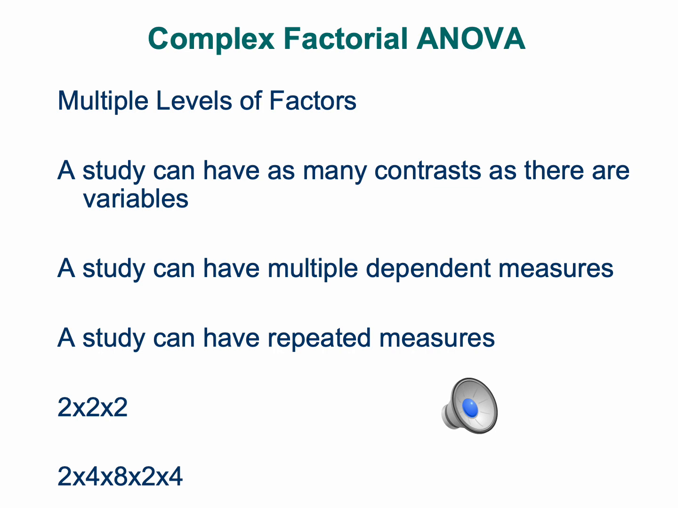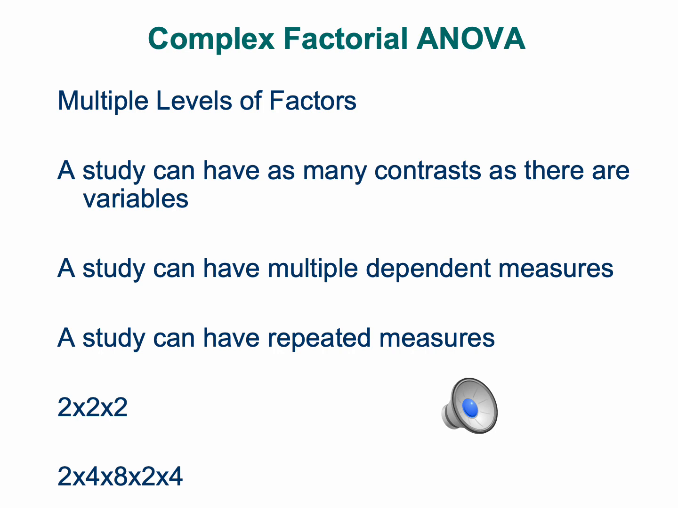One has 2 levels. 2 of them have 2 levels. 2 of them have 4 levels, and one has 8 levels. And you can frame this. You can combine them any way you want to, but they become a 2 by 4 by 8 by 2 by 4 factorial ANOVA. And you do this because you want to specify how many interaction contrasts there's going to